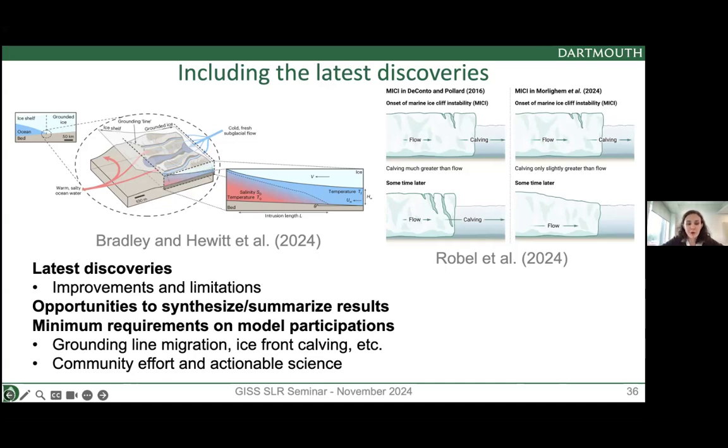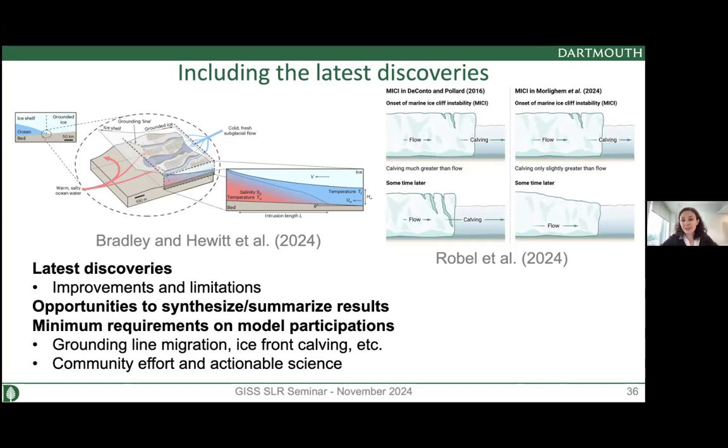The first one is from Bradley and Hewitt, looking at the role of subglacial water and the grounding zone. This has been going around for quite some time, but they looked at some positive feedback mechanisms that can cause large changes. But they also can create runaway mechanisms with a lot of melting over large regions in the grounding zone and upstream, and runaway mechanisms that can create really rapid grounding line retreats. But as they mention in the paper, there also are negative feedbacks that they did not include. So if we want to include that, how do we do it?